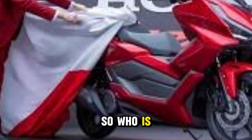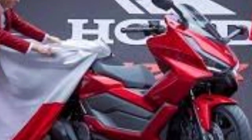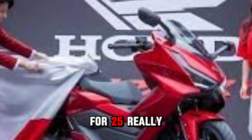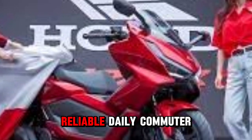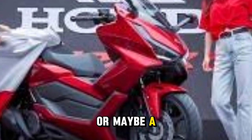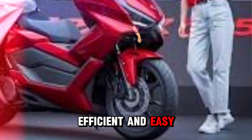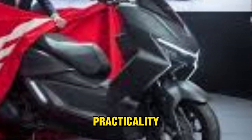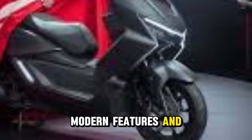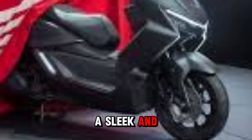So, who is the 2026 Honda PCX 125 really for? If you're a city dweller looking for a reliable daily commuter, or maybe a student or young professional who needs something efficient and easy to maneuver, this scooter is a top contender. It offers a great balance of practicality, modern features, and legendary Honda reliability, all wrapped in a sleek and stylish